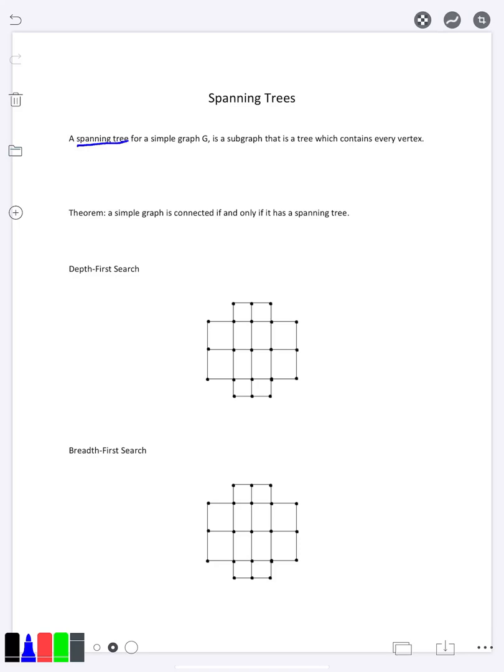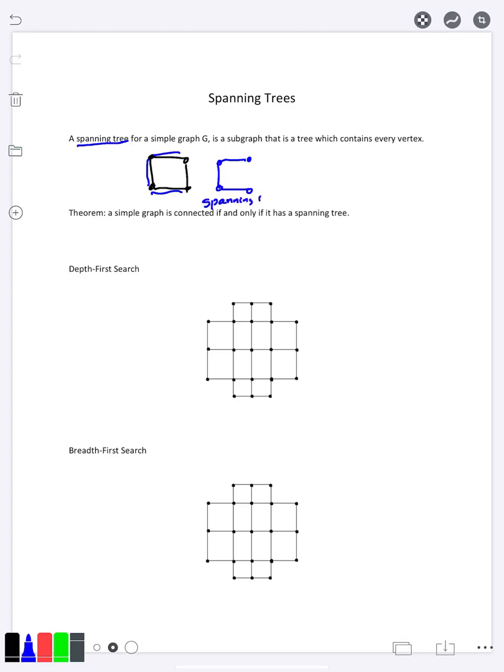But the idea of a spanning tree is that we would like to take part of the graph, enough that we can reach every vertex, but not so much that we are no longer a tree. So for example, if I were to make a simple graph with 4 vertices here, this is definitely not a tree because it has a circuit in it. However, if I were to take just these 3 edges and draw this graph right here, this is a subgraph of the original graph, and this subgraph is a tree, and it contains every vertex,